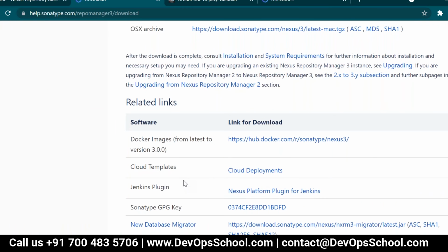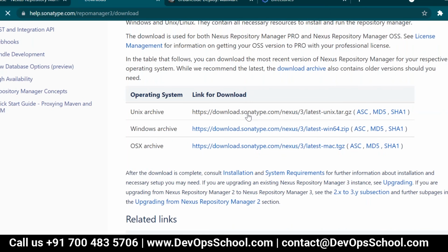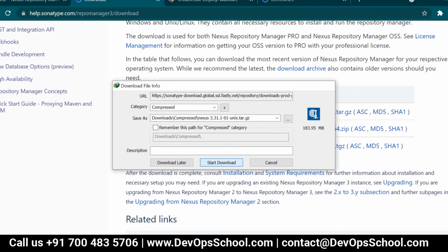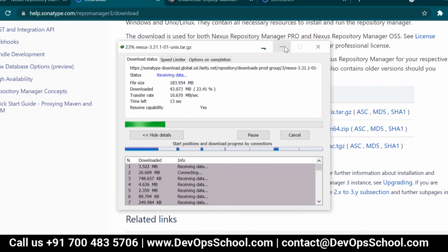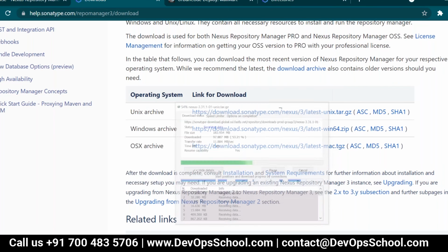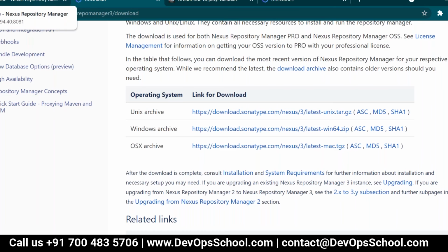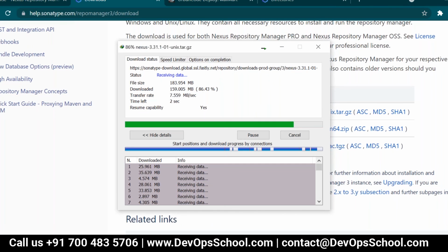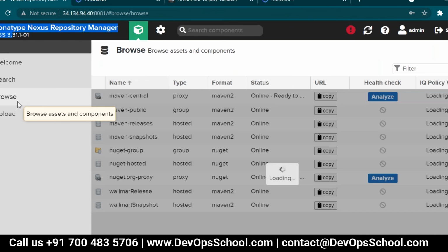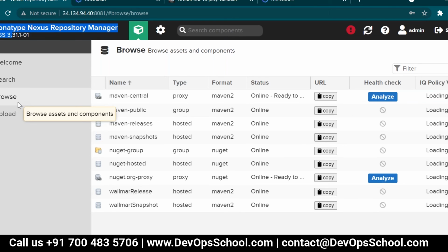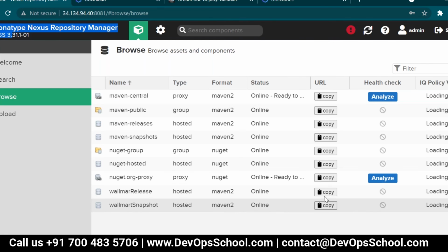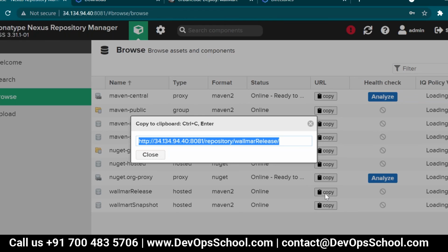It is a Docker image, right? This is the one that I use. This one only, right? Yeah, that one. We are using 3.31.1. I need to upload. Let me do something. Copy URL. Something we are doing wrong.